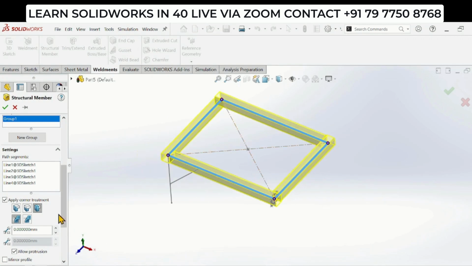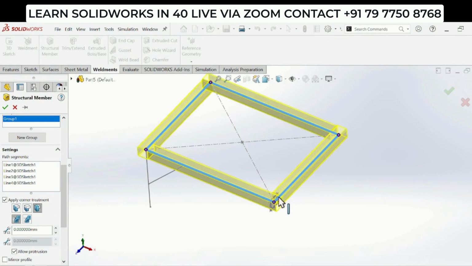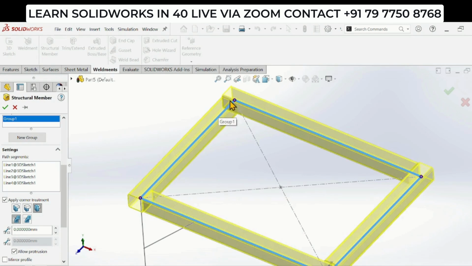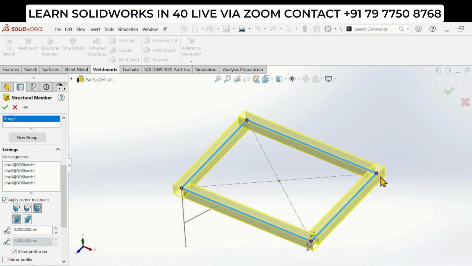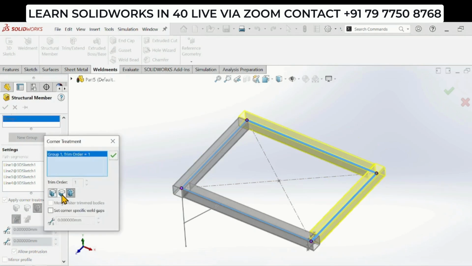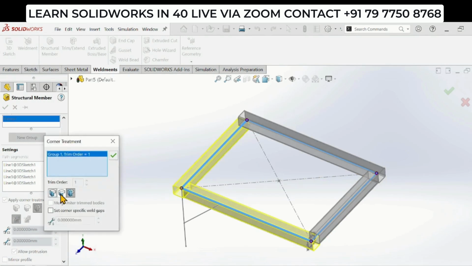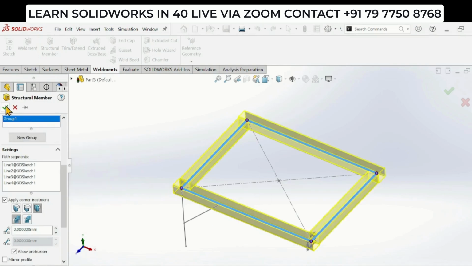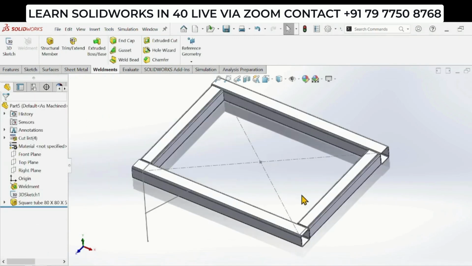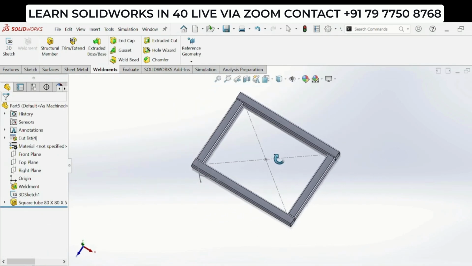So what we have to do is we have to select, this one is okay and this also okay. We need to change this one and this one. So select this one and butt one. Okay, then say okay and select this one and butt one. Perfectly fine. Say okay. See,